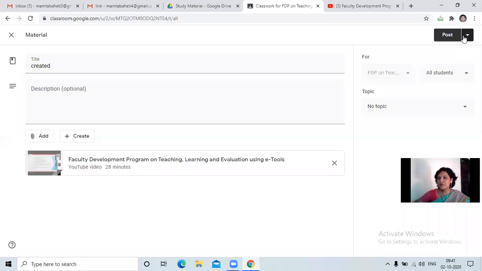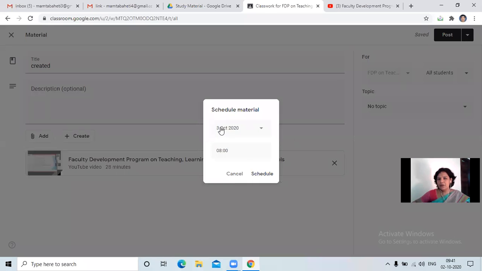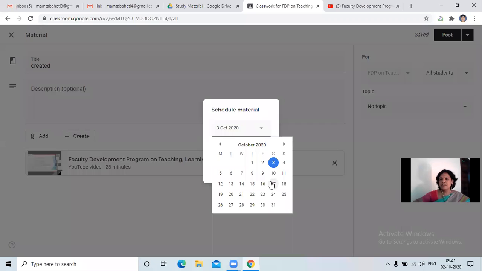And now I'll show you how to schedule it. Click on schedule. Now, when to schedule it? Friends, this is a very helpful tool for a teacher who works on various platforms.